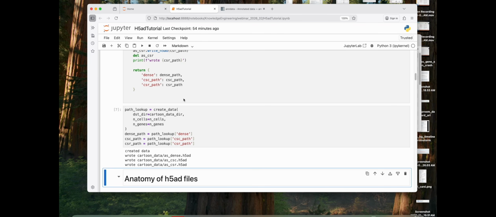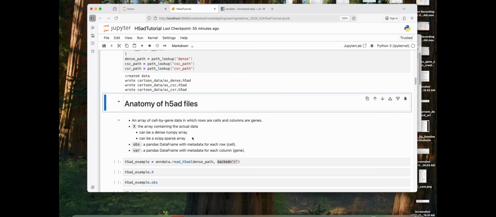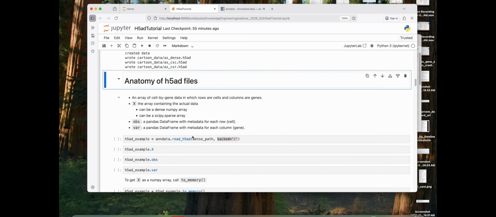And when I say much bigger, the dense file is 5 gigs. The sparse files are each about 2.5 gigs. But that is large enough to demonstrate the different performance considerations that come with writing the data in those two ways. Before we start manipulating this cartoon data that I just generated, let's talk a little bit about what is